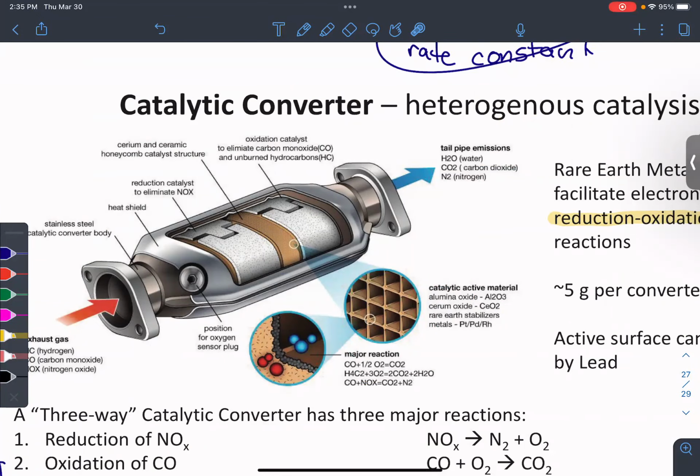We also don't want to run rich, because running rich, you have incomplete combustion, too much uncombusted hydrocarbons. And so you're favoring oxidation. Oxidation is giving up electrons. Once you give up a bunch of electrons, those electrons have nowhere to go. There's no reduction reaction happening. And so, in a properly running vehicle and catalyst, you want to be running all 3 of these reactions. So you don't want to be running lean, and you don't want to be running rich, because one oxidation reaction always comes with a reduction reaction as well. You want both of them running at the same time to be as efficient as possible.